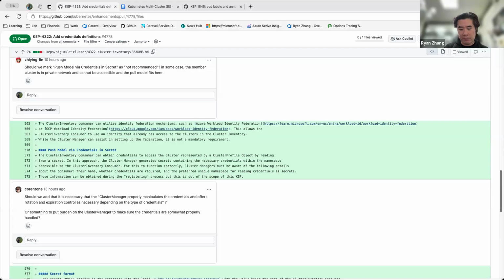So currently, cluster inventory has this cluster profile CRD, but we could have some kind of API. May not be a CRD. Yeah, that works too. But absolutely, the same way that MCS has service import, service export, the namespace sameness policy. Yeah, you can absolutely do something like that in a separate cap follow-up.